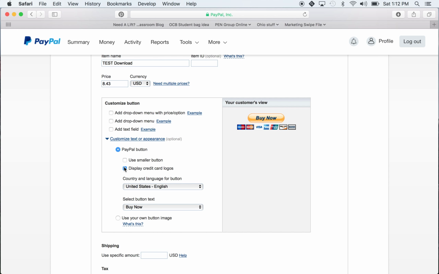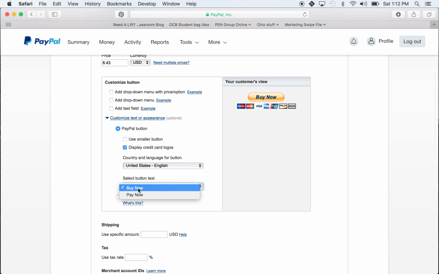I like to display the credit card logos because people think that if they don't have a PayPal account, they can't buy from you. And that's actually not the case. Whenever they go to this PayPal checkout, at the bottom, it says, do you want to check out as a guest? And if they click on that, they can pay with any major credit card. Then you can say pay now or buy now, whatever you like